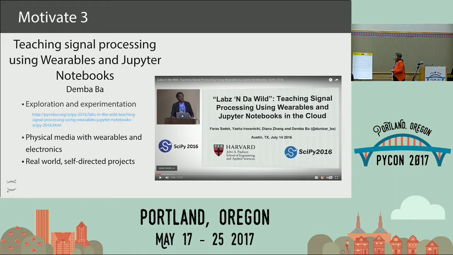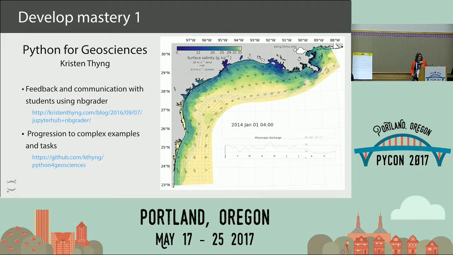There's a professor at Harvard called Demba Ba, and he did a wonderful talk at SciPy a couple years ago on how he took students who weren't programmers, who were sort of at the start of their electrical engineering career, gave them some wearable electronics parts and things, and basically had them build real-world self-directed projects. Students loved it. It had surpassed whatever they had done before, and it was highly successful, so it's worth taking a look.